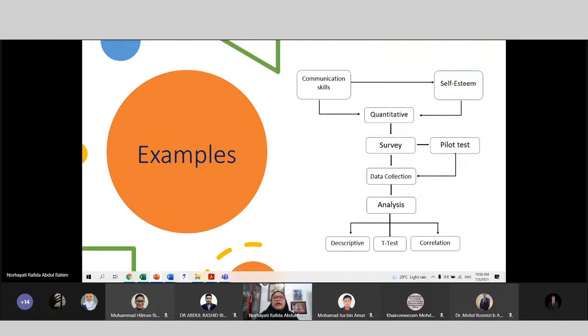That's why we can't reject qualitative. Let's say myself, I am quantitative, but I always use qualitative because qualitative provides richer information, especially from the experts, and then the qualitative complements